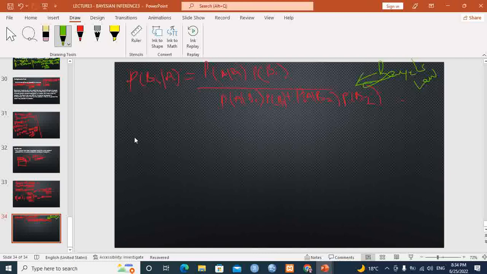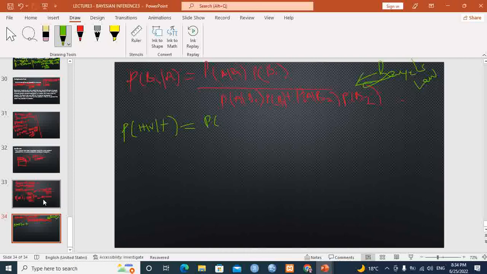Okay, now I want us to take an example, just the one I've mentioned before. Let's say you have gone to a hospital and you are tested positive. I don't know if I should say fortunately or unfortunately. Okay, it doesn't matter. You have gone to hospital and you have tested positive. So how much should you be worried? So probability of you having HIV given the test is positive,